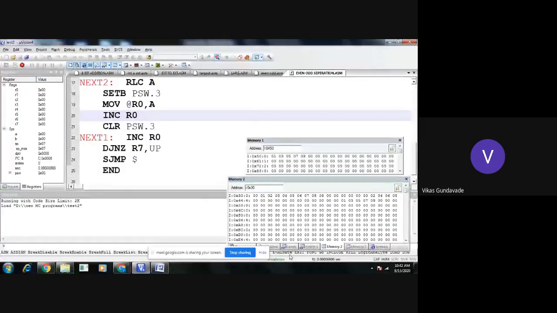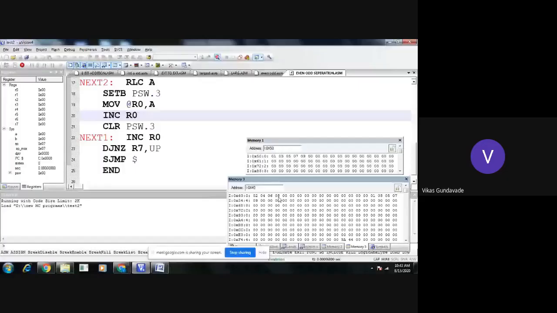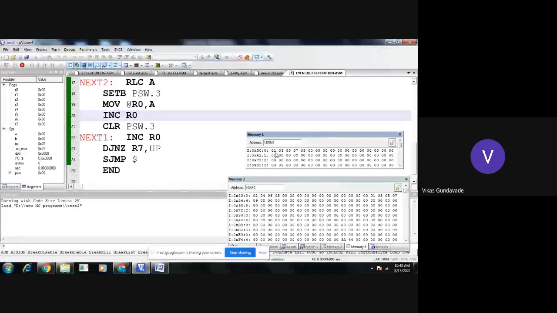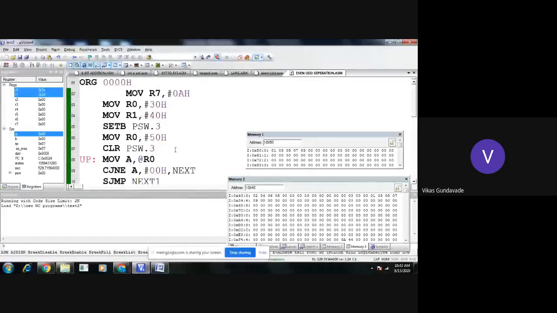Okay, now see here at this 40H location. Now you can see that only even numbers are present here in 40H memory location: 2, 4, 6, and 8. Okay, and in 50H memory location, odd numbers are present: 1, 3, 5, 7, and 9. Okay, so all odd numbers and even numbers are separated by writing this program. So in the previous program, we have only taken the count for even numbers and odd numbers, and for this program we have separated the even numbers and odd numbers from the complete array. Everyone got it?